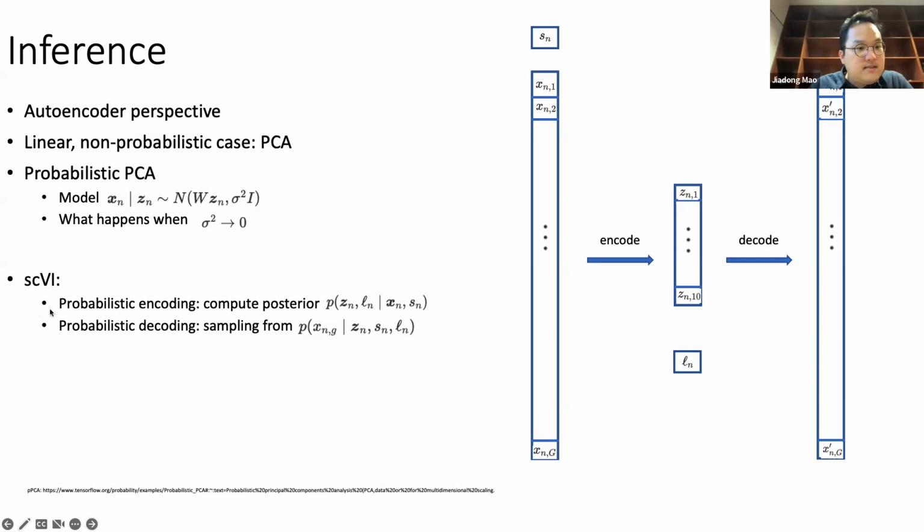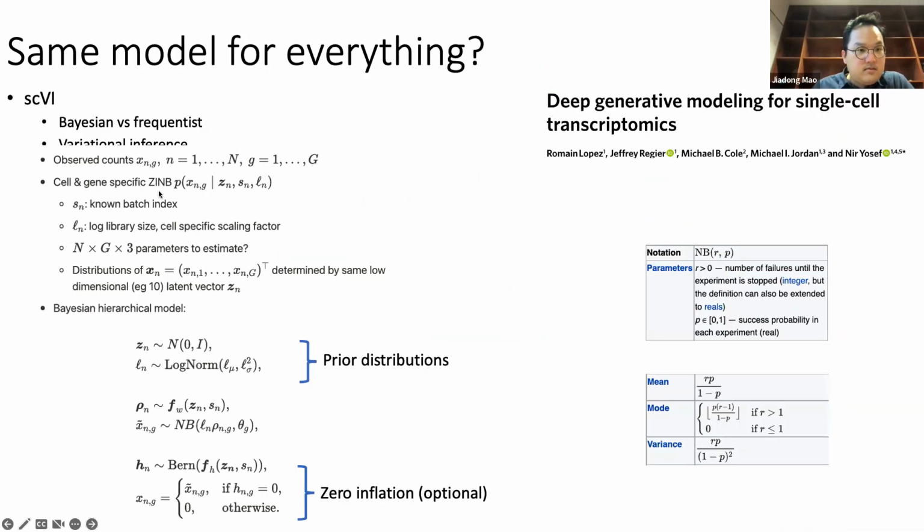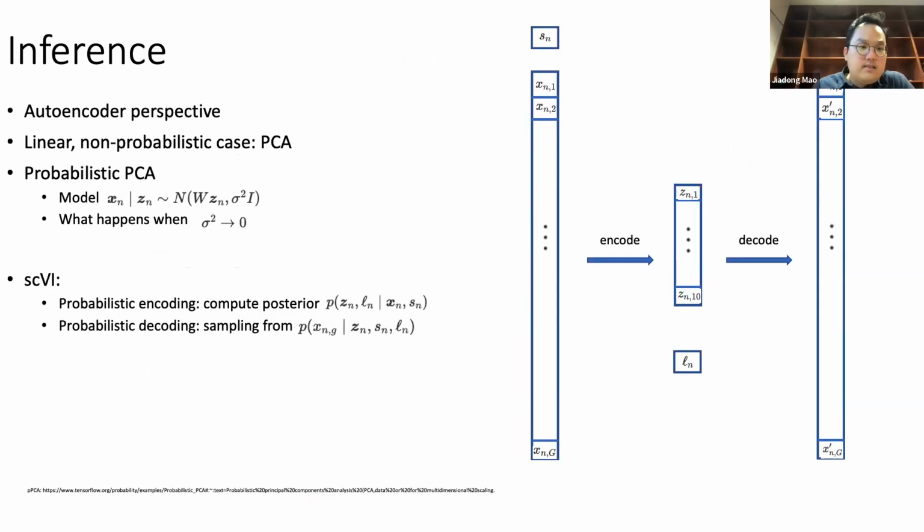So in terms of SCVI, the encoding part is to compute the posterior. Why? If you look at the model, this is a zero-inflated negative binomial model, and in this model we have a prior for Zn that is a multivariate standard normal. And the encoding part is that we want, from the data,